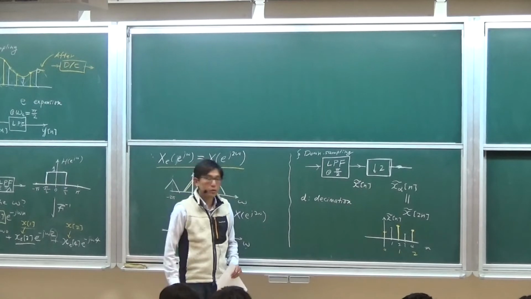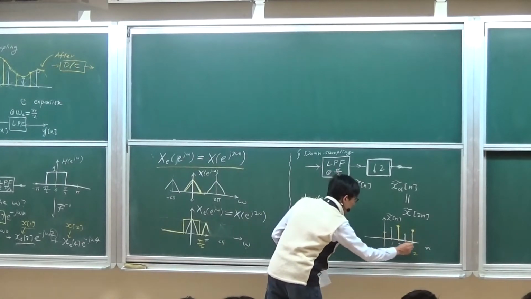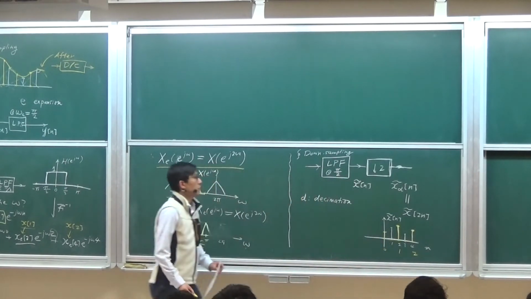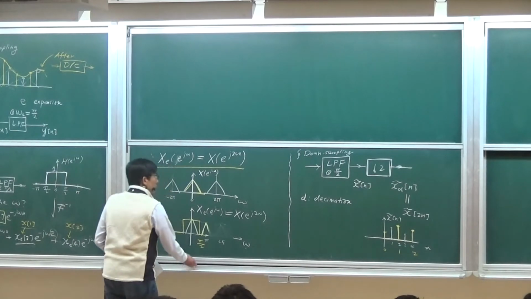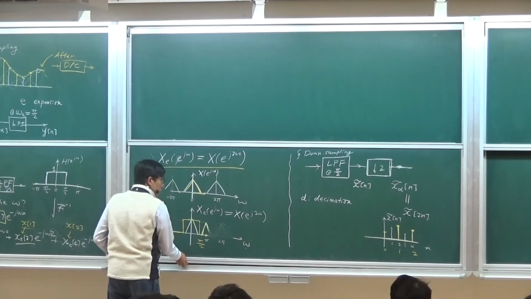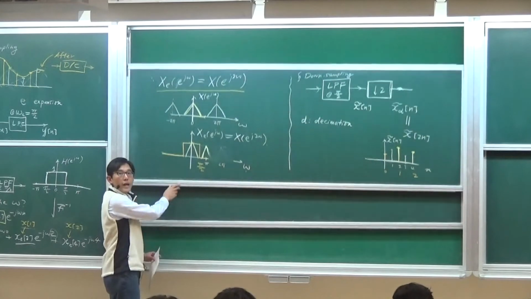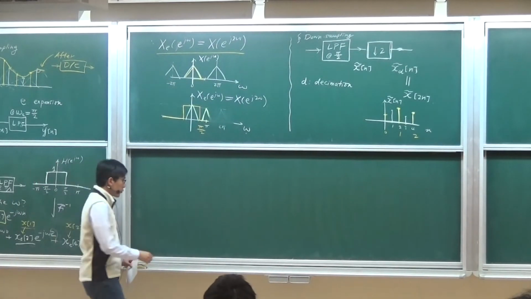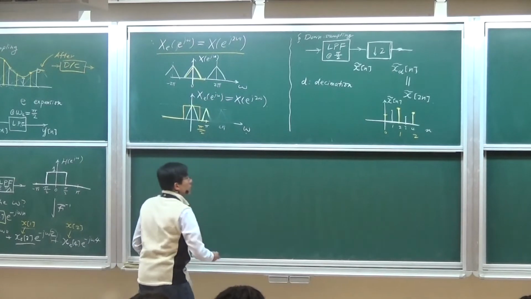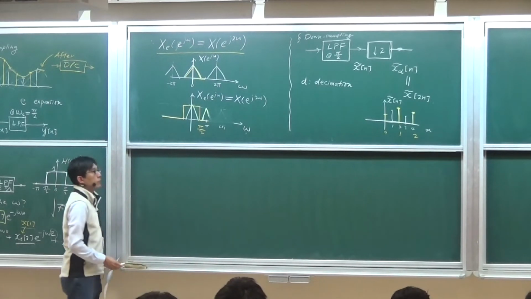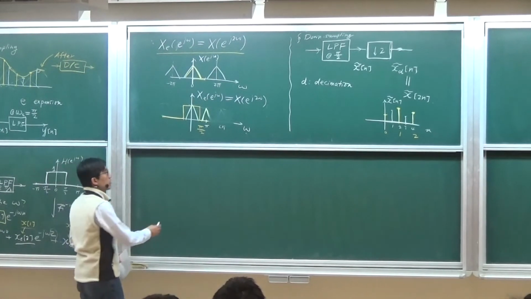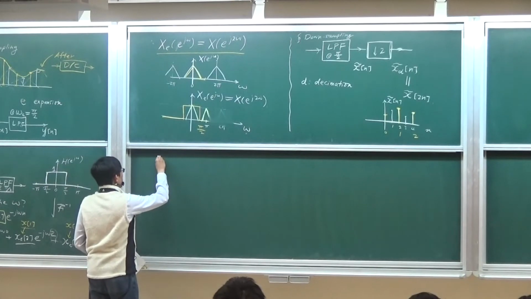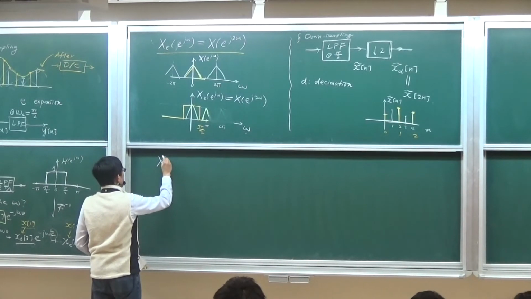That's the meaning. We are dropping every other point. But if we ask the same question, what would happen in the frequency domain? What happens in the frequency domain for destination is that now, by definition, the